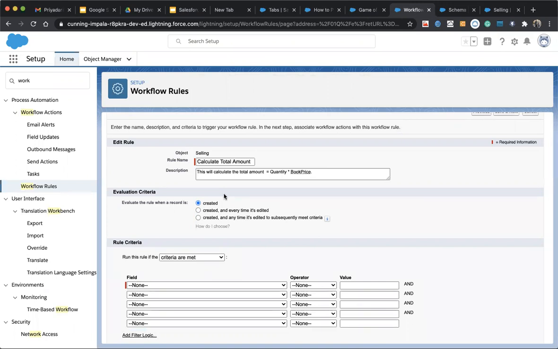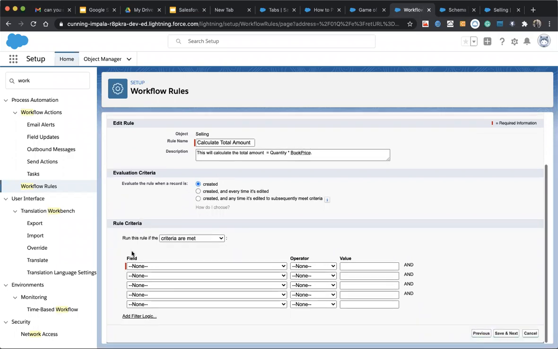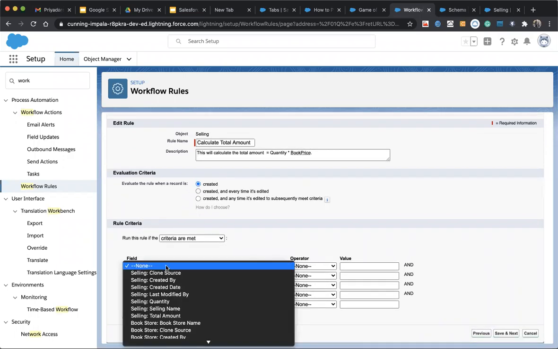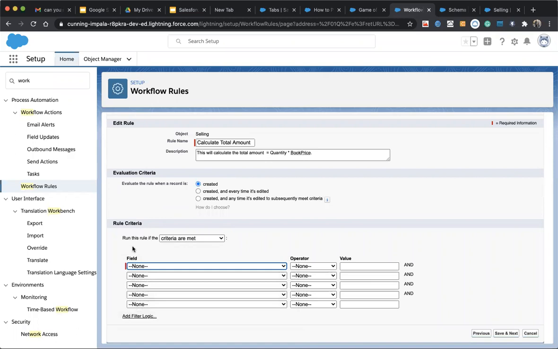First we look at this situation, then we move to the other situation, and then we have a criteria. Criteria means the condition for which this will update the records. It is similar to what you learned in sharing rules, where we designed criteria, such as domain name equals gmail.com. That was the criteria for sharing the record.